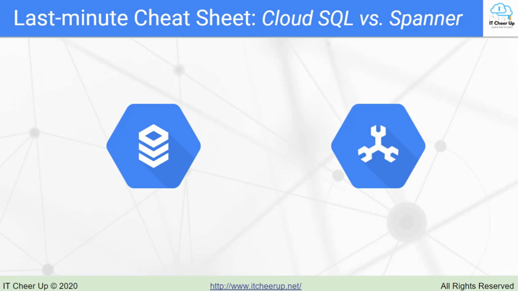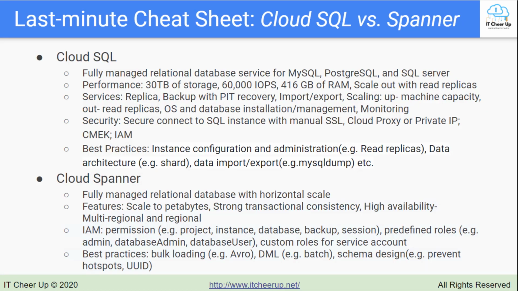It supports performance-intensive workloads with up to 60,000 IOPS, easily scales up as your data grows, up to 64 processor cores, more than 400 GB of RAM, up to 30 TB of storage, and read replicas to